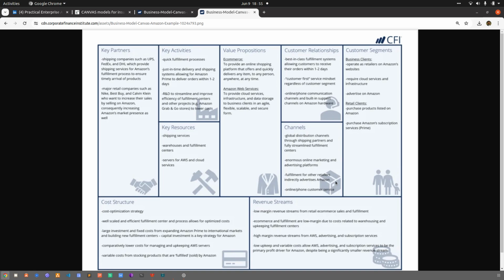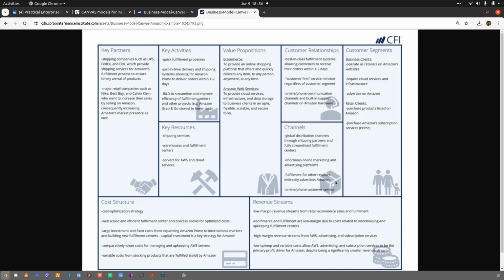So this is kind of odd because usually online retailers do not have access to customers. So they have a customer relationship in class fulfillment of system, allowing customers to receive the orders within 1 or 2 days. I'm not sure why this is a customer relationship. This should have been value proposition, and then they provide online and phone communication channel, so people can